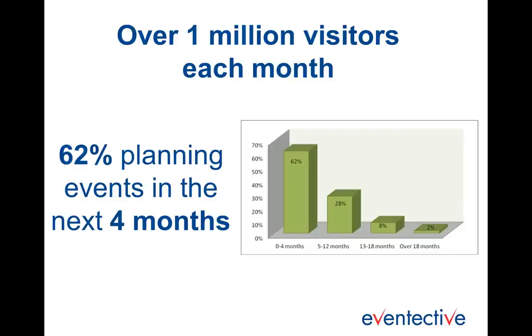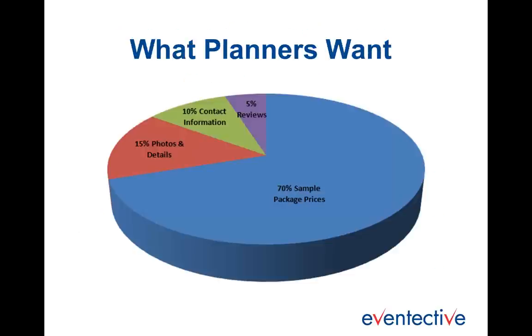Well, we've gone ahead and asked these users to Eventective what they're looking for. And this graph here, the pie chart, tells you exactly what they're looking for. The goal there was to find out what information was most helpful to them when planning an event. That was the question we asked them. And 5% of them said they'd like to hear what other people have to say. 10% wanted contact information, so they were able to make contact with you, our customer. 15% were looking for photos and details, and then overwhelmingly,